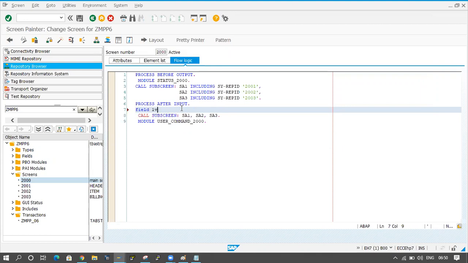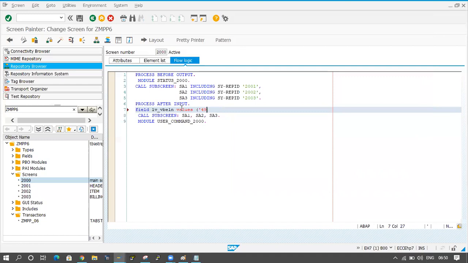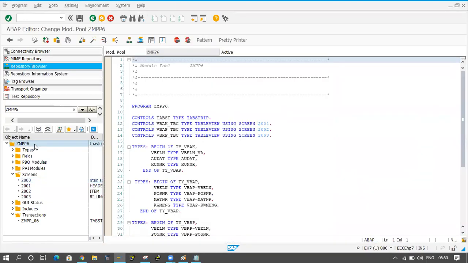The field name is LB underscore VBLN, and the values you have to maintain here: 4969, or 4970, or 4971, or 4972. I am taking 4 values here. Fine, save it, check it, no problem. Now I will double click on the main program, right click on it and activate it.